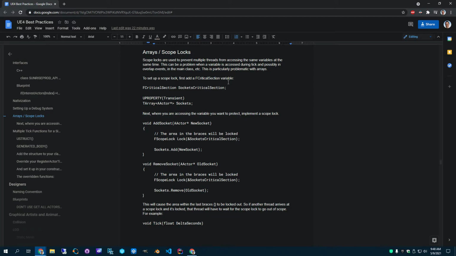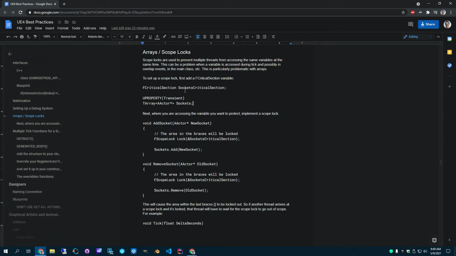Okay. If you use TArrays to store things, you've got to be aware that if you're adding and removing from those arrays, like in a tick or on hit or in different places, it's possible that the tick and the physics and other things can try to fire at the same time, because the game will be running multi-threaded. You would think these things would all be separate, but sometimes they seem to want to fire at the same time. So if tick removes an object and then physics gets a hit, it can think the tick could have removed an object that the physics doesn't know about,